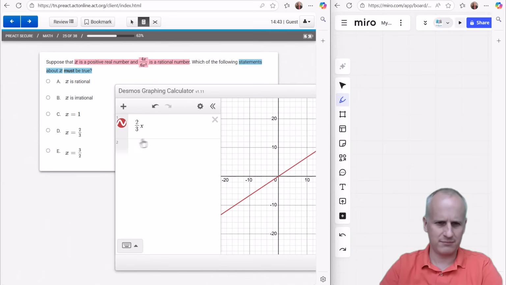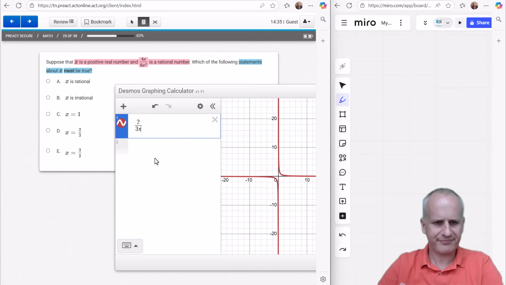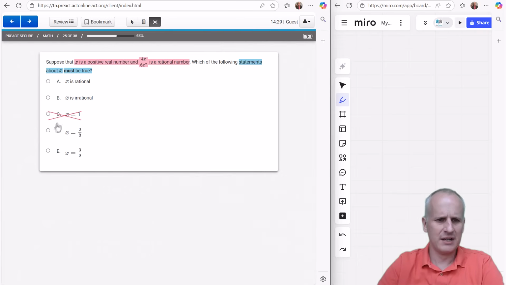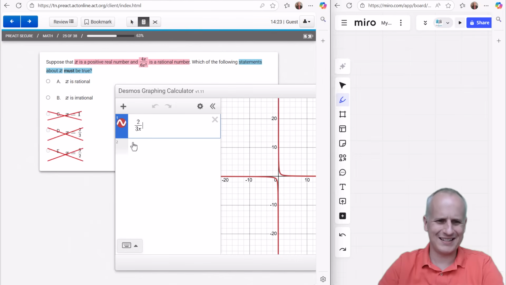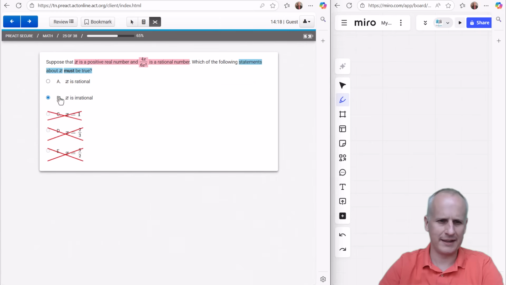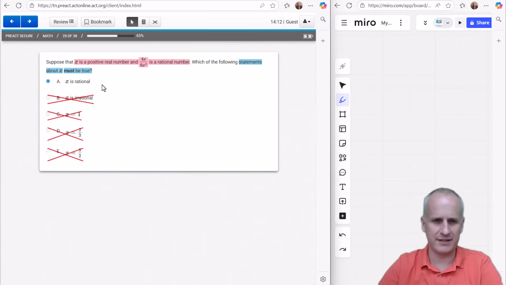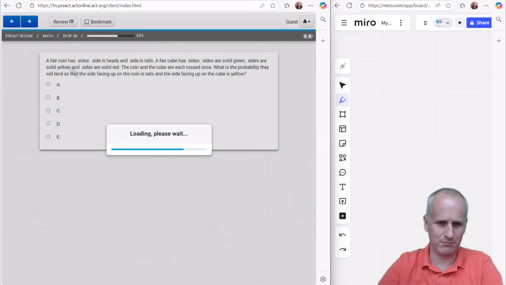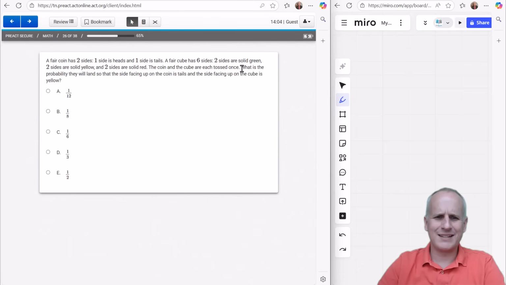So we've got that, and actually it should be 2 divided by 3x, but it doesn't really matter in the grand scheme of things here. So either way, I should recognize I have no idea what x is. x could be a number of things. So we can eliminate anything that has x being exactly one value. Furthermore, we know that this is rational, so x itself cannot be irrational. Oops, I got the wrong tool there. I want to grab my eliminator. So x has to be rational in order for basically 2 divided by 3 of it to be rational. So it's just, again, conceptual. We select our answer of A